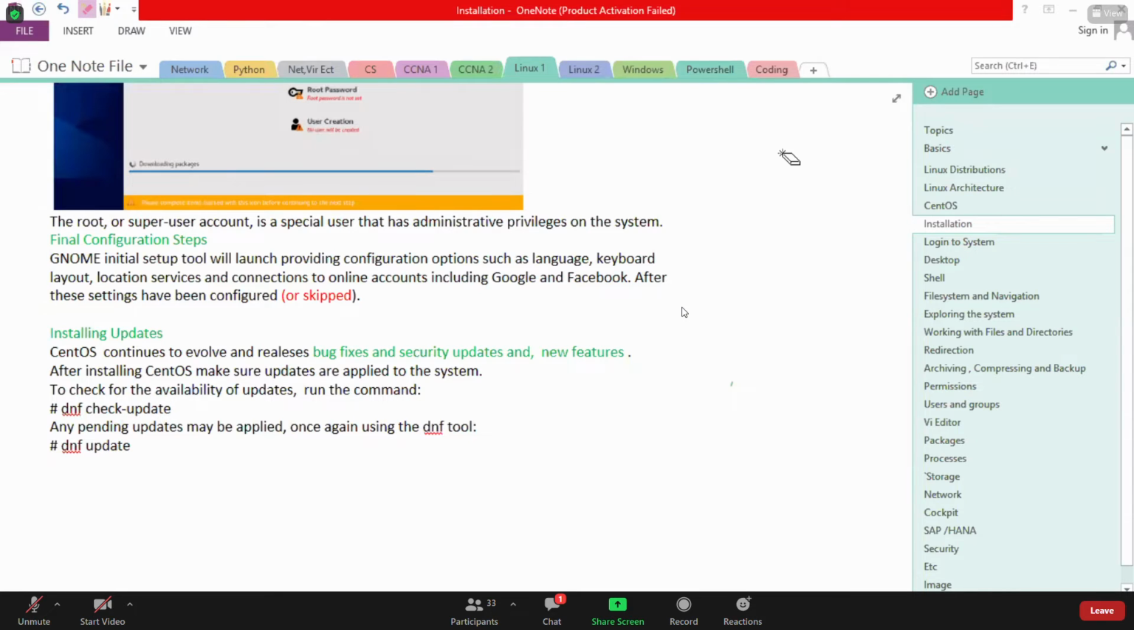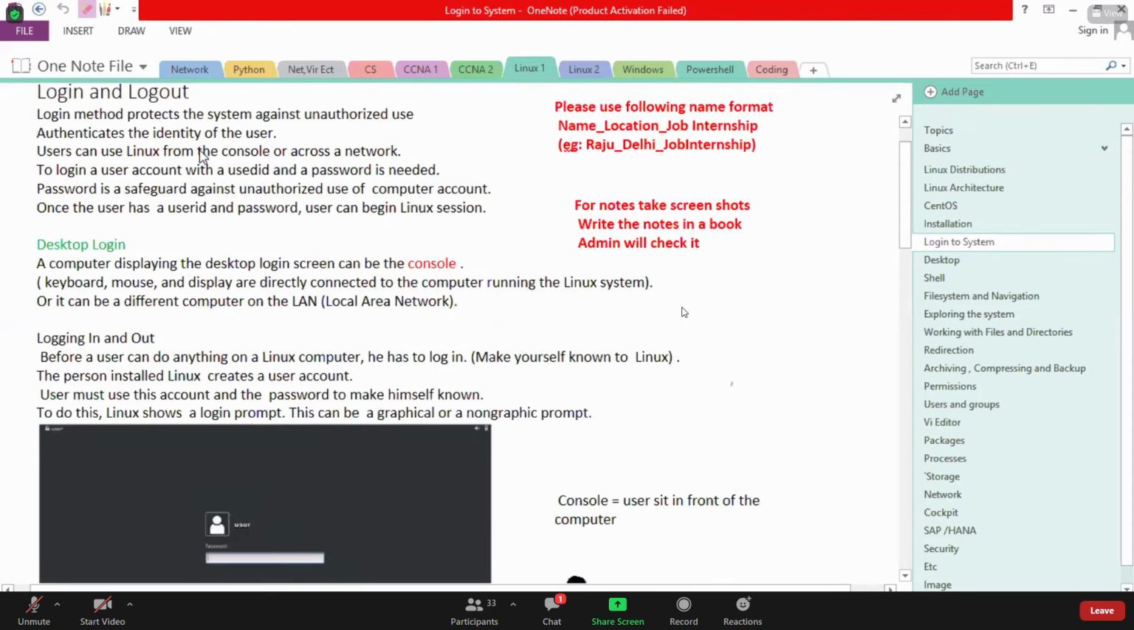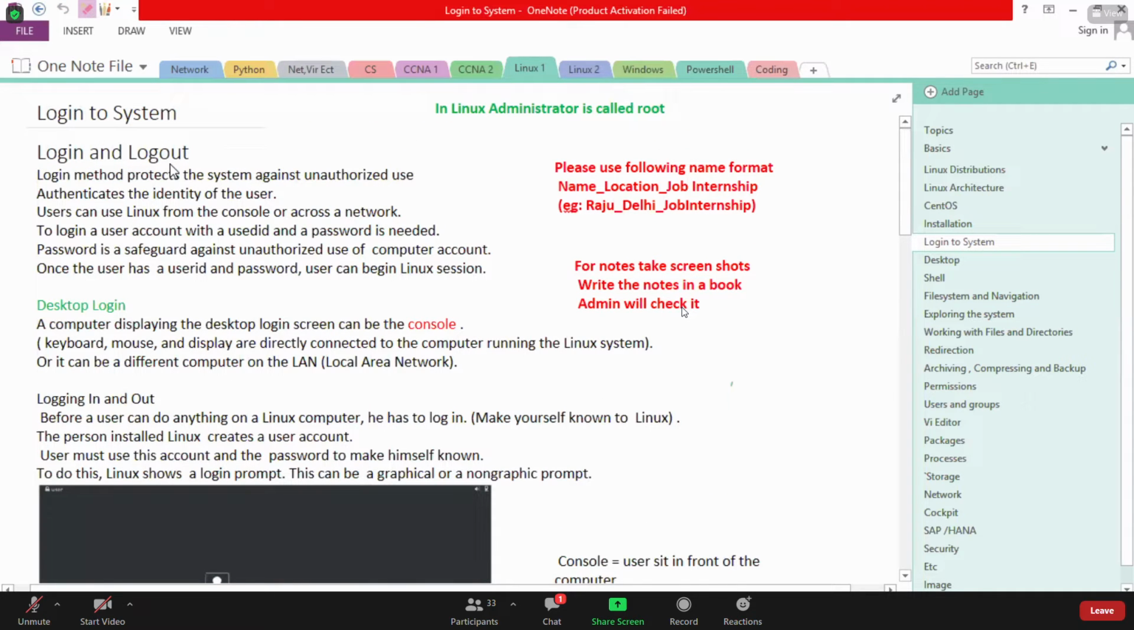Once you install Windows, what is the next thing you will do in a system? You have installed Windows in your laptop. What is the next thing you will do? You will log into the system, right? Yes, sir. Once you install Linux in a computer,